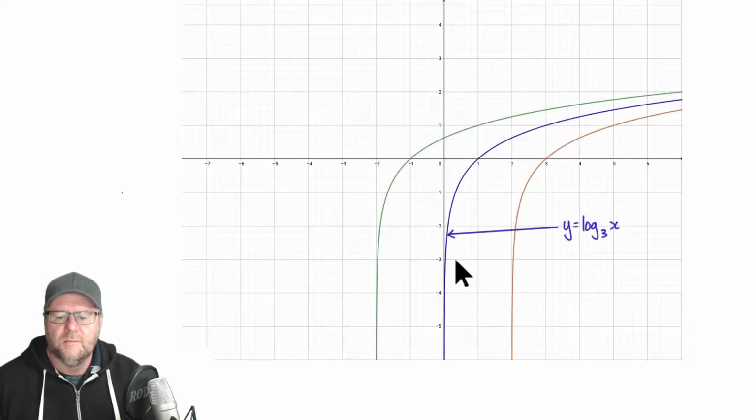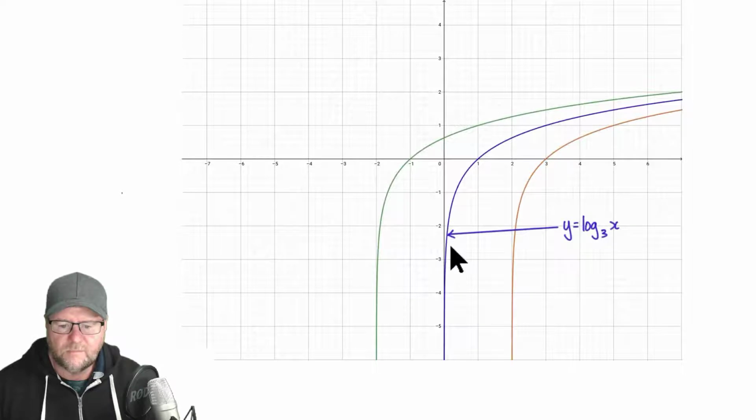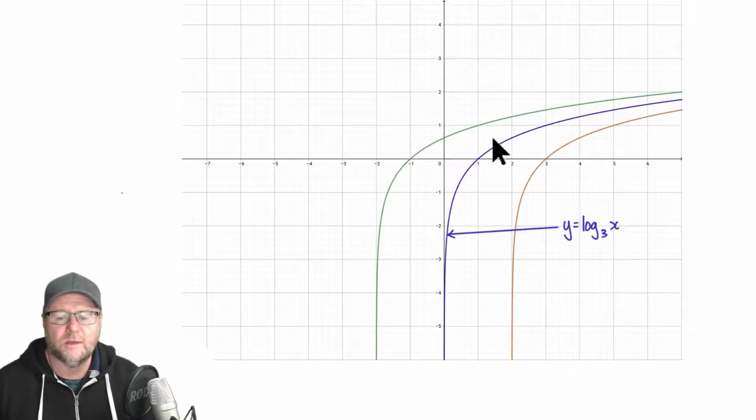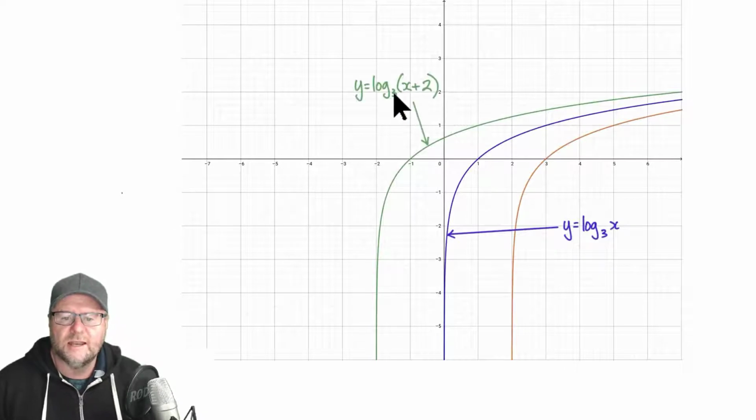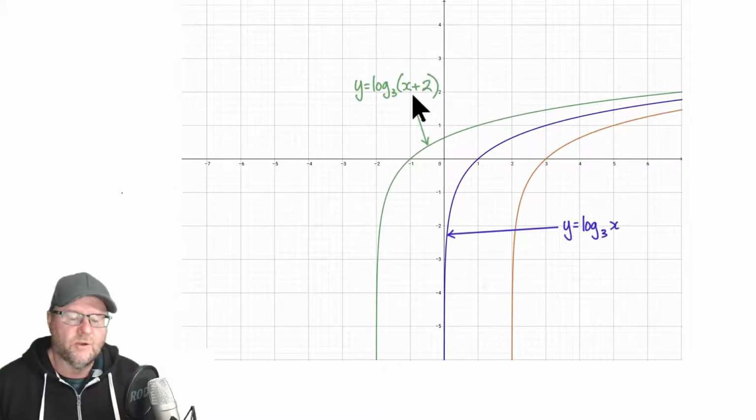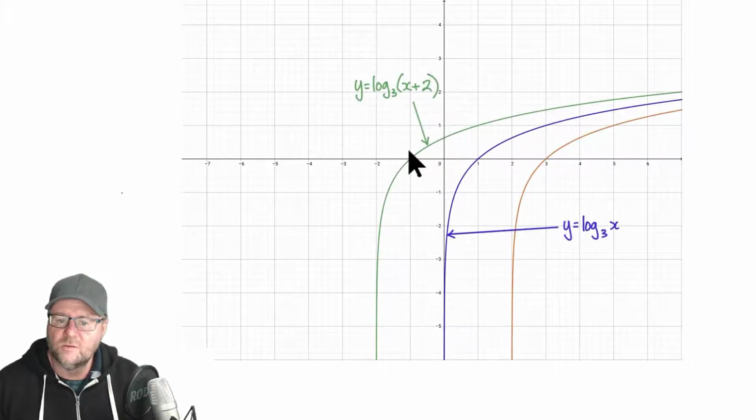So I've got my log here, log base 3 of x, and this is how it graphs on this blue line here. If I change this and have log base 3 of x plus 2, so my logarithmic value here in brackets is x plus 2, it transforms my function horizontally to the left. So I'm adding 2 here